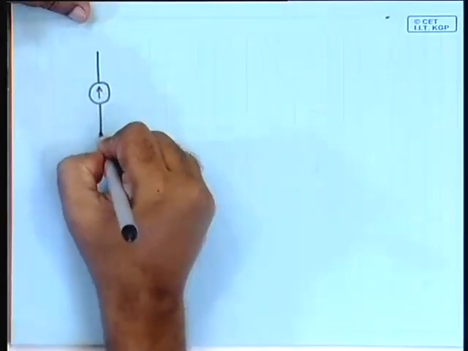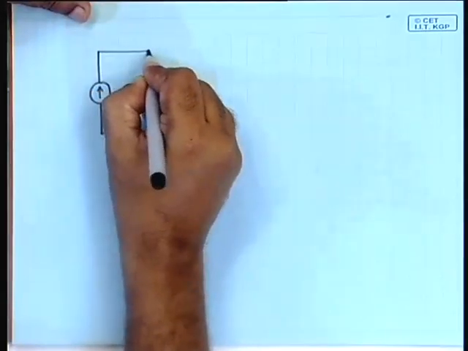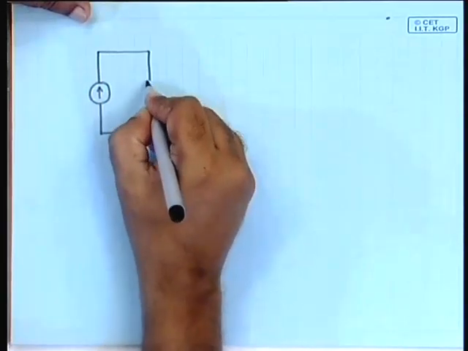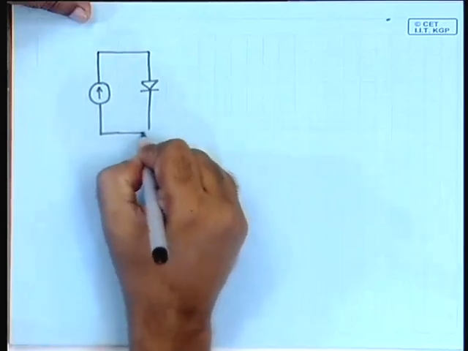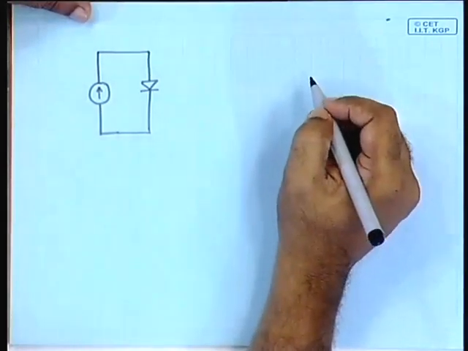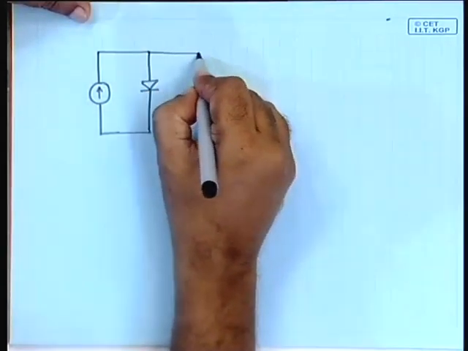Okay, let us first recapitulate. Today we are recording it. Let us first recapitulate where we were. We saw that the equivalent circuit of a solar cell is where you have a current source connected in parallel to a diode that is forward biased, connected in parallel.